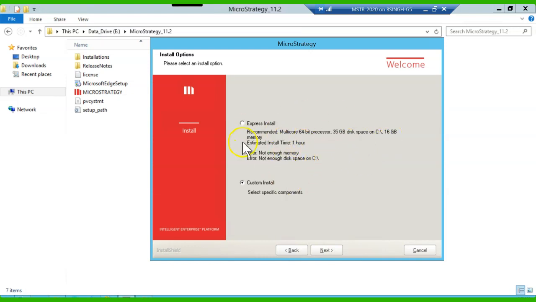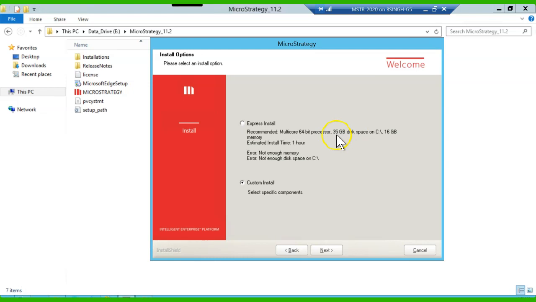box, it's recommended to use the express install. Otherwise you also have the option to custom install, so I will go with this custom install, and it's giving me the error that there's not enough memory and not enough disk space, but it's recommended that this virtual machine or your physical machine must have this recommended hardware in place before starting the installation.